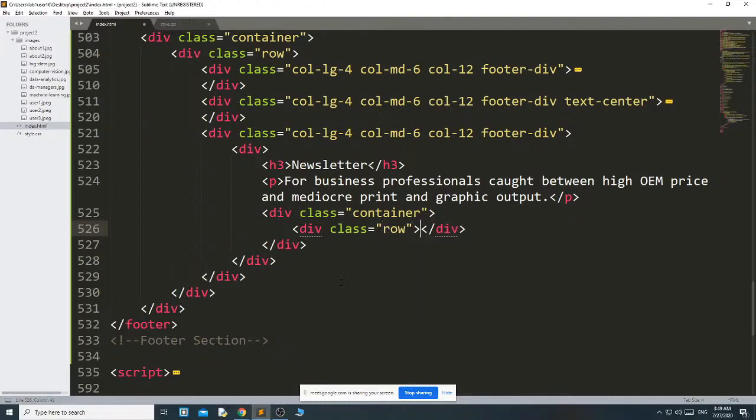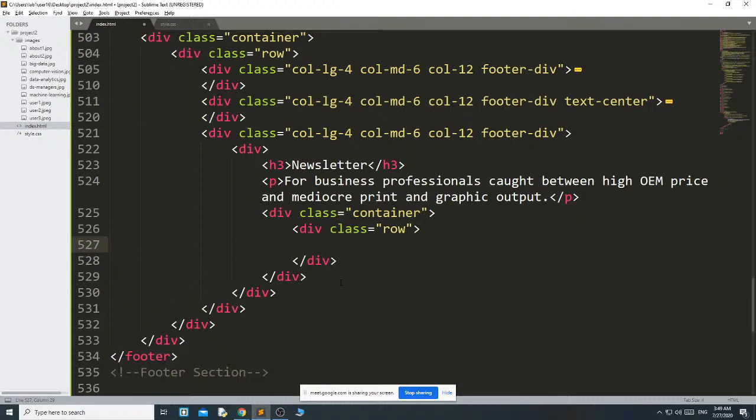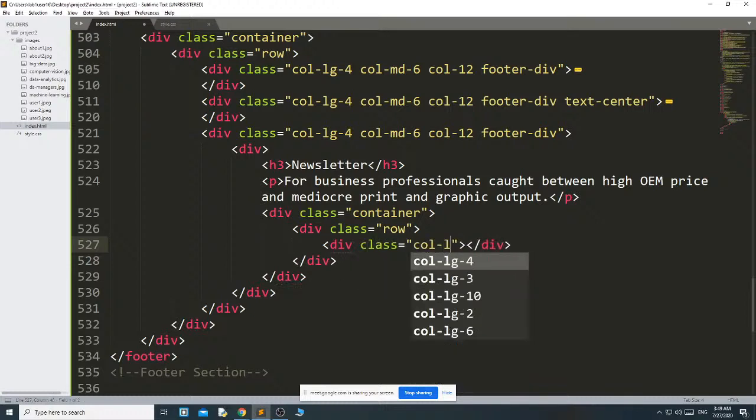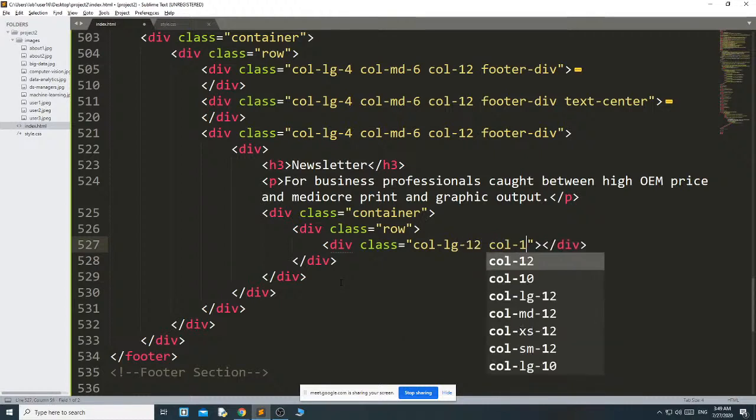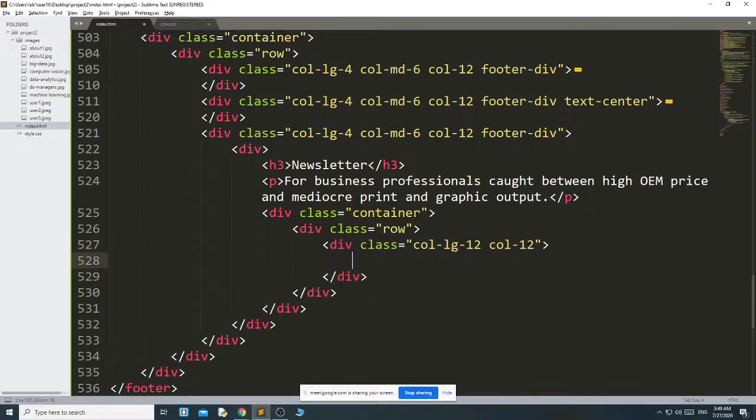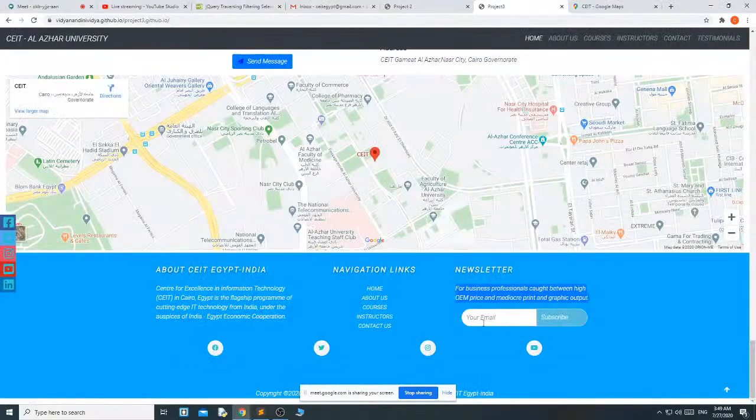You can also do it in a different way. I have already explained you a different way to use the grid system. Div class col-lg-12 and col-12. Then inside that, you can see that this is the input.